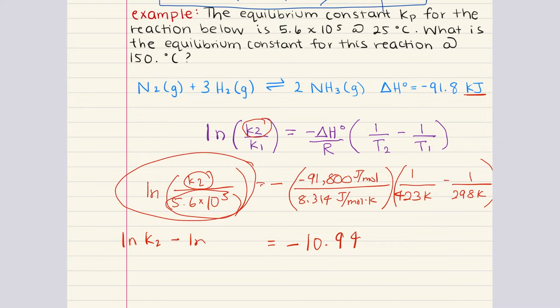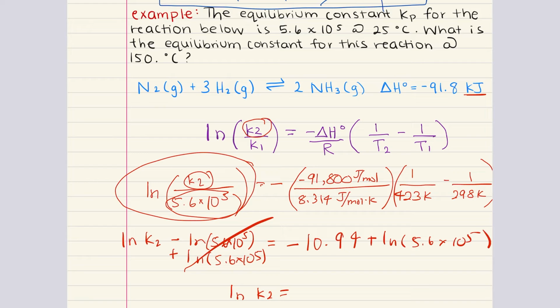So this is natural log K2 minus natural log 5.6 times 10 to the 5. We can go ahead and add the natural log of 5.6 times 10 to the 5 to both sides so that we now have natural log K2 is equal to, if we plug this into a calculator,